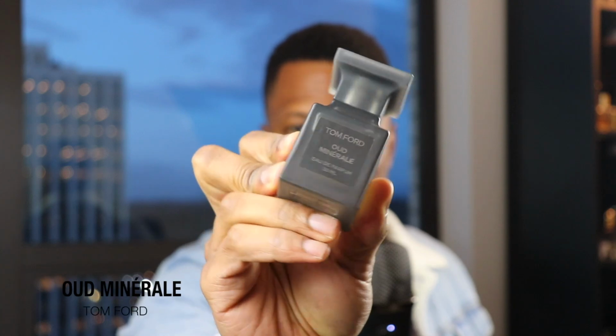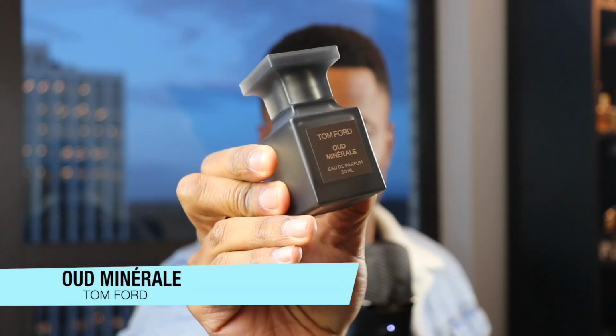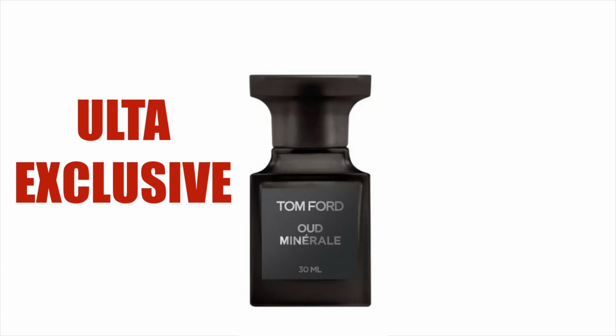Tom Ford Oud Minéral is one of my absolute favorite fragrances from the Private Blend line. It's had a little bit of a tumultuous existence. It existed and then it didn't, and then it existed in this form and then it didn't, and now it's back. Tom Ford, not Tom Ford himself, but representatives of the brand were kind enough to send over a bottle